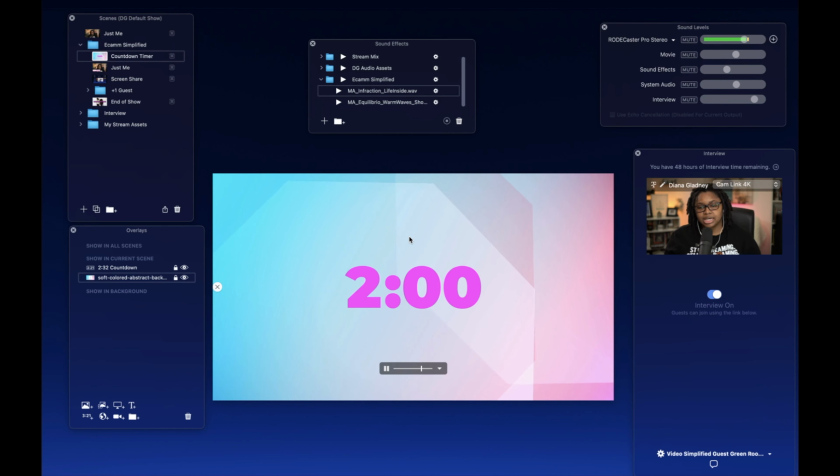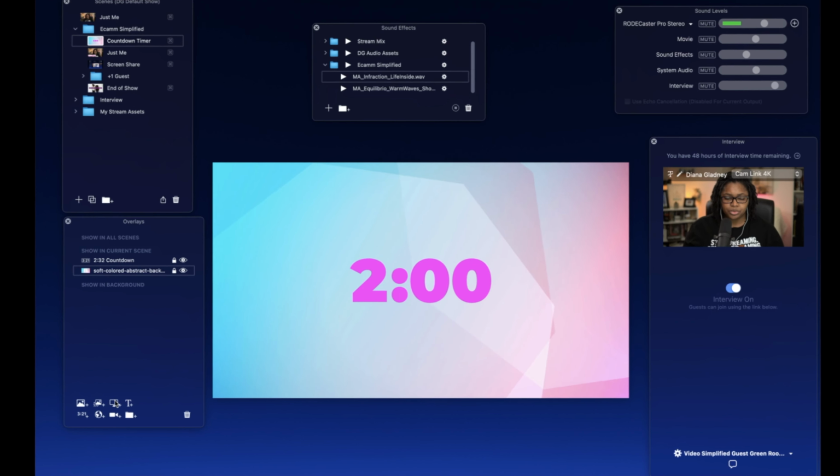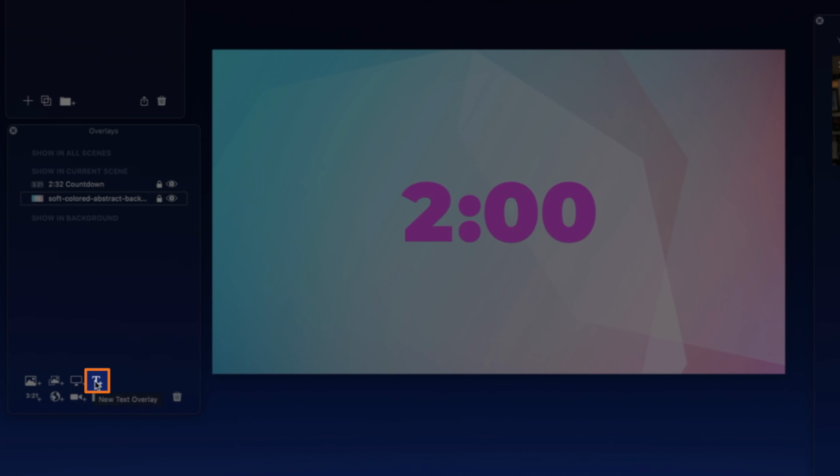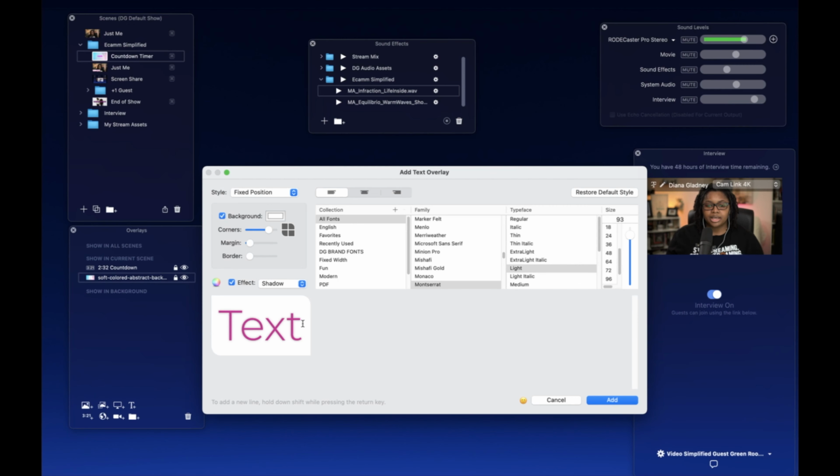So let's switch over. So here we are on our countdown timer, and we had music playing previously as well as our main microphone muted. We've unmuted that so that we can progress on here so you can hear and see everything that's going on. Let's say we want to add a scrolling ticker. Let's say we have a call-in show and we want people to call in and leave a voicemail at a specific number. What we want to do is come down here to our text screen overlay,